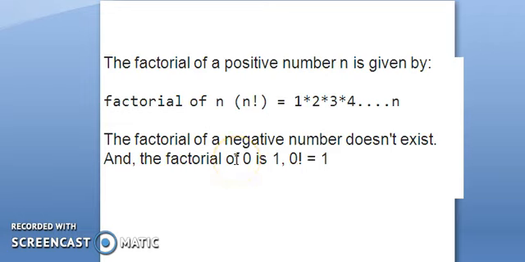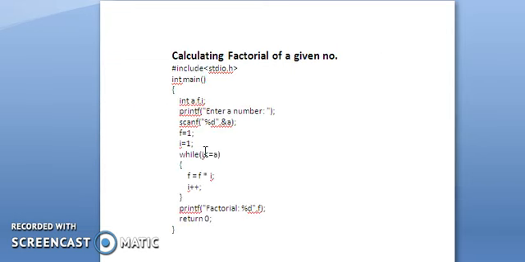The second example is for calculating the factorial of a given number. Factorial of any number n is equal to 1 into 2 into 3 and so on till n. The factorial of a negative number doesn't exist, and the factorial of 0 is 1. Considering these three conditions, we can write a simple program to calculate the factorial. Initially, the input is taken